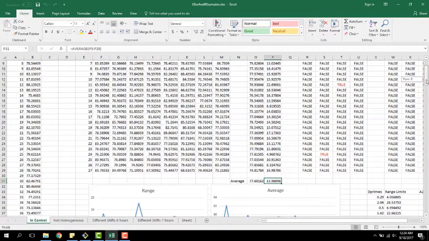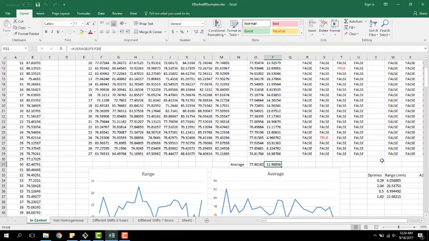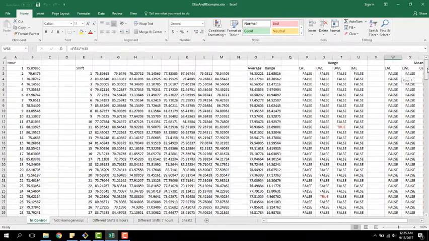So for n equals 8, the multipliers that the range chart requires are here, and that gives me range limits. 4 is the lower action limit, 7 is the lower warning limit, 22.7 is the upper warning limit, and 28.5 is the upper action limit. And then I've had it calculate,